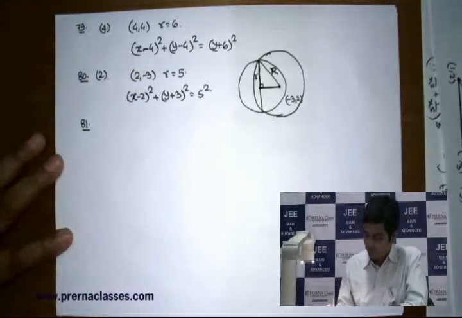In the next problem, you have one parabola and one circle given and you are looking at the point on the parabola corresponding to the minimum distance from the circle. Clearly then in such a case you have to write down a general normal to the parabola and you have to make sure that that normal is normal to the circle also. So all you need to do is put the center on that equation.